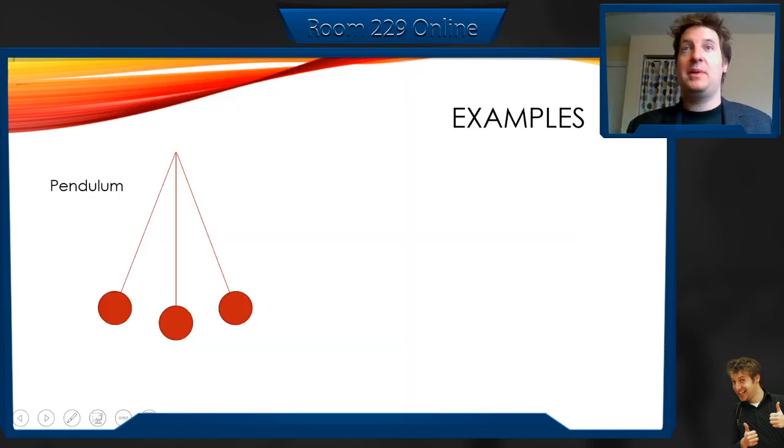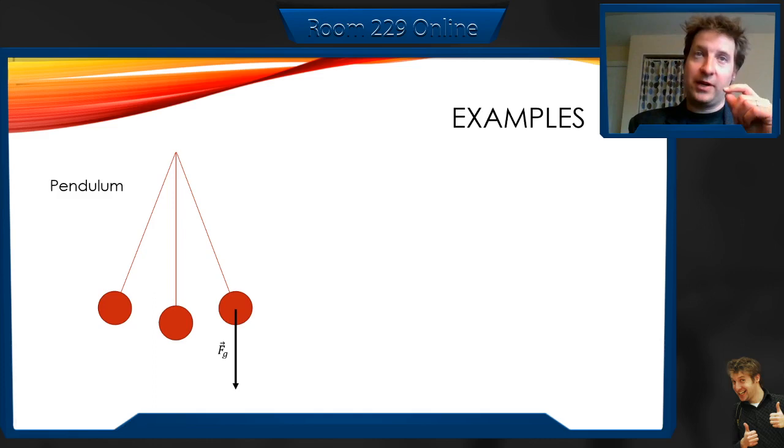So let's look at a pendulum. A pendulum, we know, wobbles back and forth as a sinusoid. And why does it do that? Because it has gravity acting on it. It has gravity and tension, right? There's a string stopping it. That ball wants to fall. If I push it outside of its equilibrium position, gravity wants to bring it back to that equilibrium position because